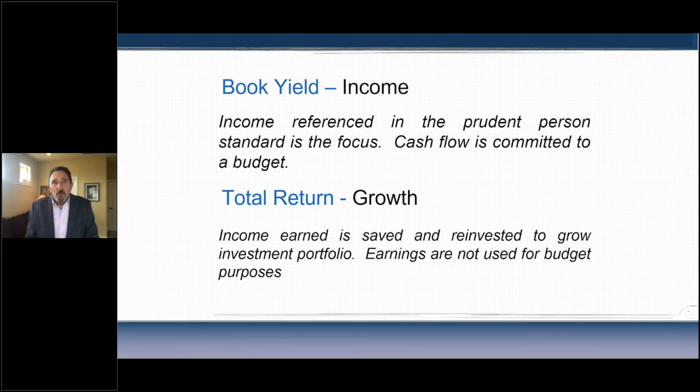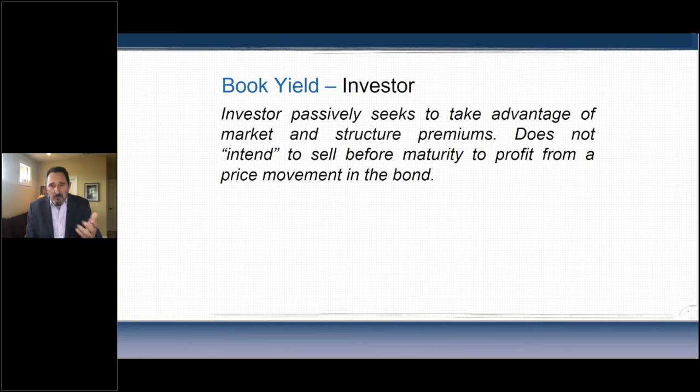Again, you would have two different thought processes as far as liquidity goes, on being able to build a portfolio around a book yield versus total return, where transaction cost is quite high in turnover. If you're active, you'd want to minimize that. If you're not active or you're passive, it would be less relevant, and you'd be looking at more of an income to maturity. Here, think of it as passive.